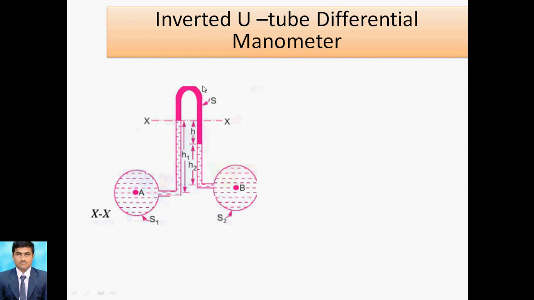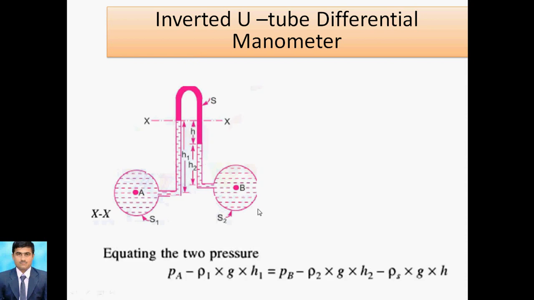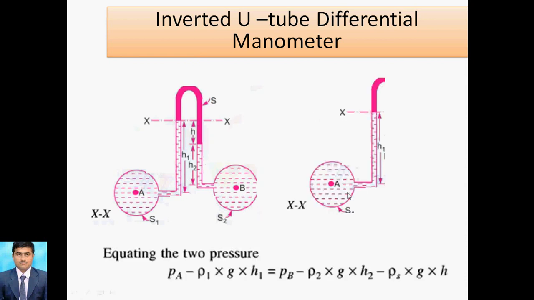First of all, we construct it in two parts, the left limb and the right limb. First we discuss the left limb. So this is the left limb. We take the cross section. So what will the equation be here? For the left limb, PA minus rho 1 g1 h1, because for the inverted case you take minus. Rho 1 means density, g is 9.81 and h1 is height 1, is equal to,